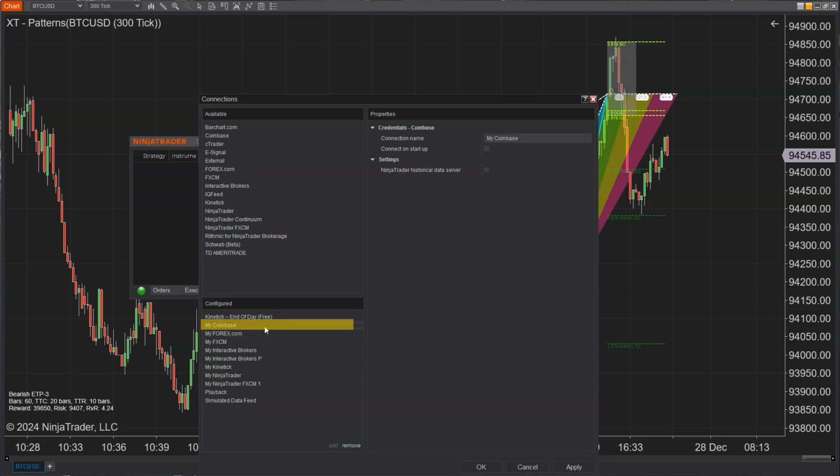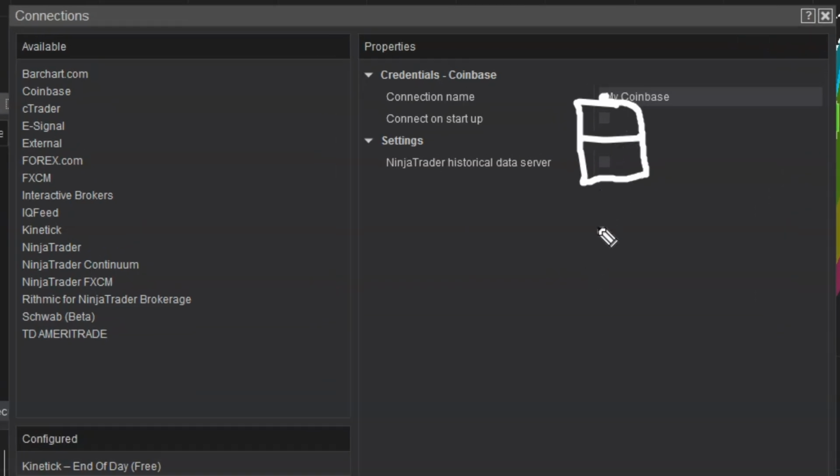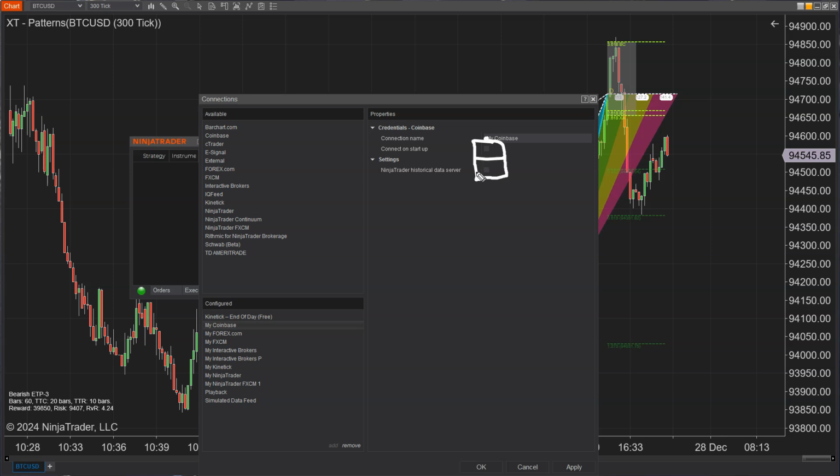And then your Coinbase connection here, you're going to want to make sure that both these boxes are probably unchecked. So one says connect on startup. I leave that empty so it doesn't automatically start doing stuff as soon as the platform's loaded. And then the other one is the NinjaTrader historical data server. I have off because if you have it on and NinjaTrader's historical data server doesn't have past quotes, which because it's crypto, they don't, all you're going to see is the current bar. You're not going to see anything else. So you want this to be off so that it gets the data from Coinbase and actually populates all the